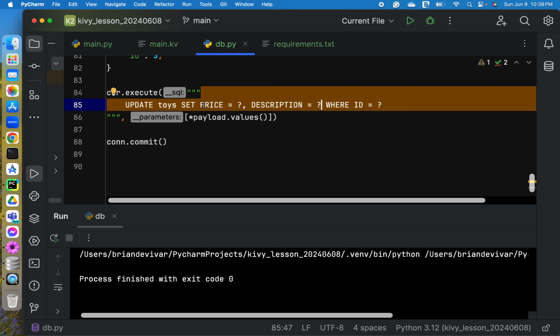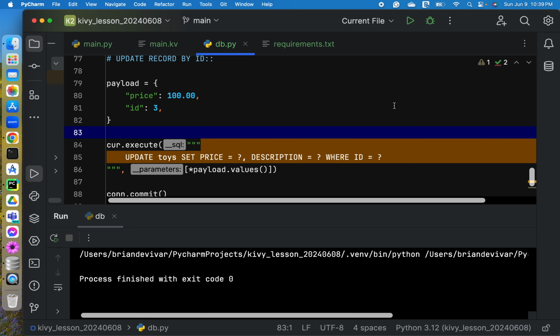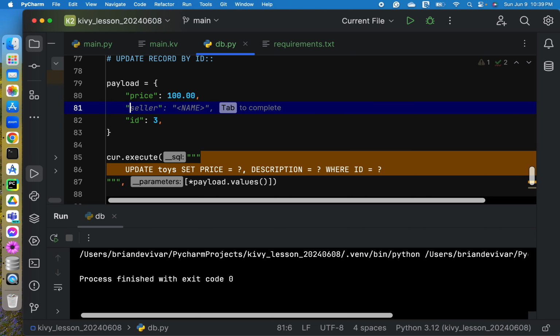Take note that the fields here are separated by comma, but the where statement here must not have a comma before it. Okay, so this will produce an error. Okay, so we have here the price, we need to include the description.